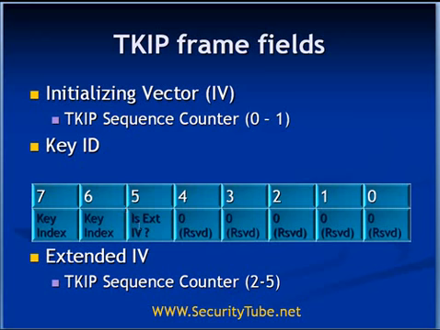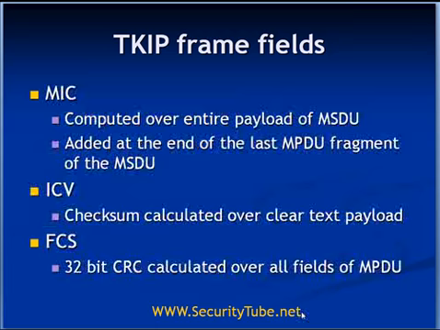So if this bit is 1, you can surely say this is a non-WEP packet, or that there is an extended IV present in this packet, and all the other lower order bits 0 to 4 are as of now reserved. So in this key ID field, this 5th bit is a very important bit, and then of course the extended IV will be present. The TKIP sequence counter 2 to 5 bytes will be present. After the TKIP sequence counter extended IV field